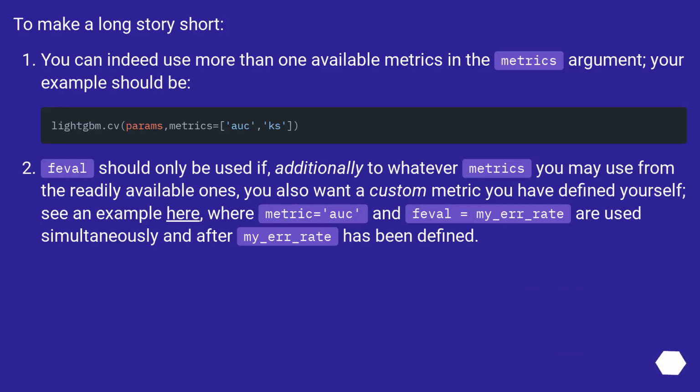To make a long story short, you can indeed use more than one available metrics in the metrics argument. Your example should be